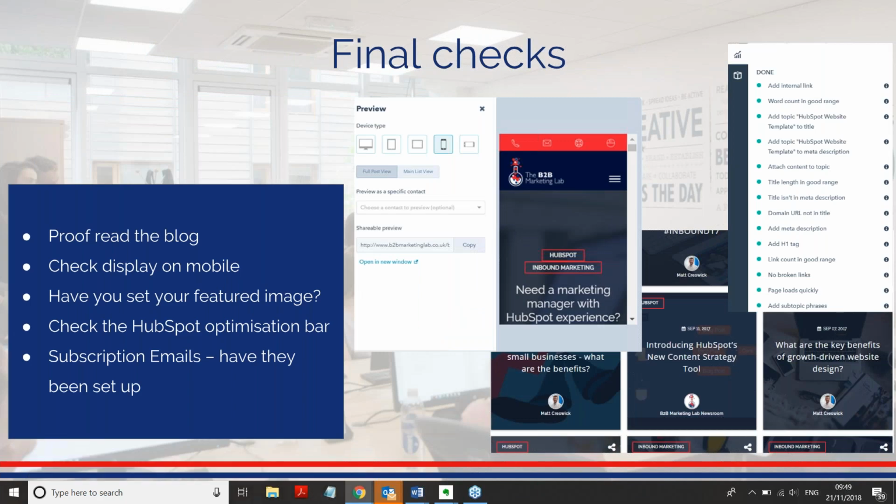So once you've built your blog in HubSpot, there are a number of final checks that you can do just to make sure that everything is as optimized as possible before you hit schedule or publish. The first thing is just giving that blog a final proofread for any spelling, spacing, or grammar errors. I think sometimes you'd be surprised at what can come through, and just make sure that especially when you're kind